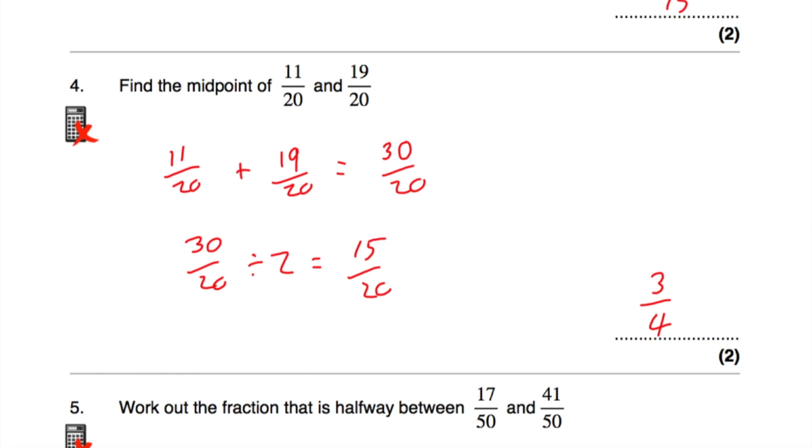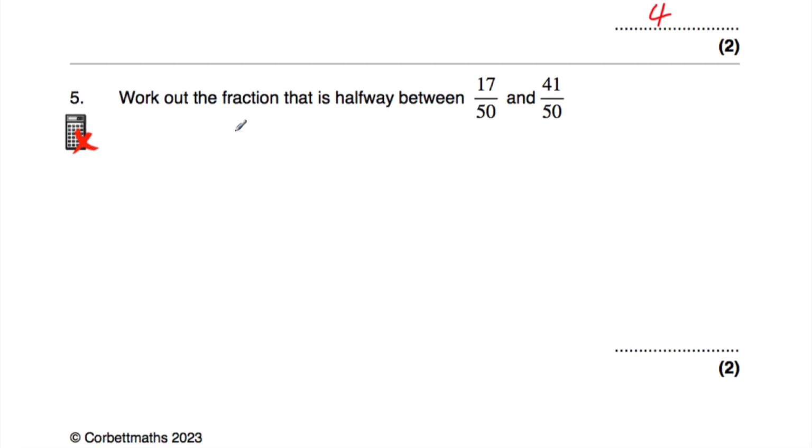Okay, let's look at question number 5. So question number 5 says, work out the fraction that is halfway between 17/50 and 41/50. So we've got our two fractions, let's add them together and half it to find the fraction that's halfway between them. So 17/50 plus 41/50. Well, it's quite nice, they've got the same denominator, so we can just add the numerators. 17 plus 41 is 58, so that's